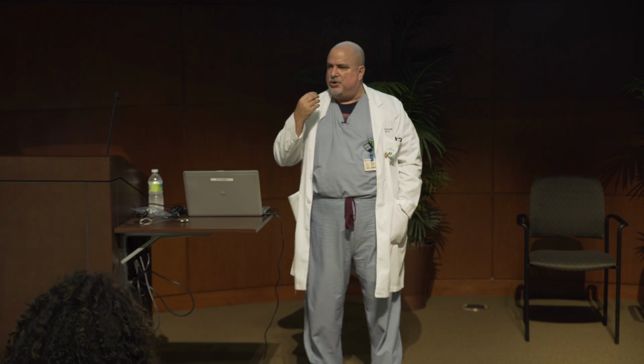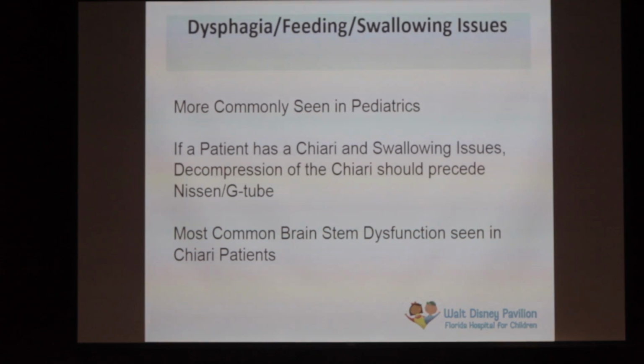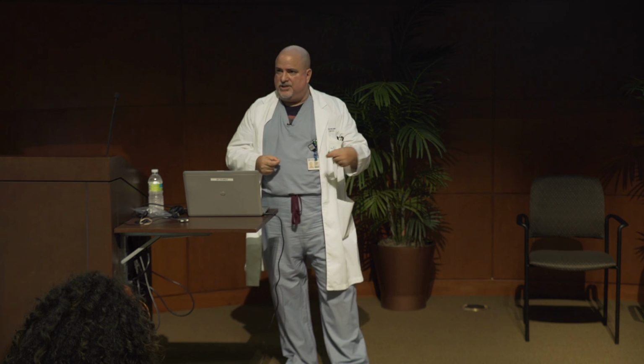The other thing that we'll see, a lot of patients have dysphagia, difficulty swallowing. Again, the cranial nerves which are being affected are the lower cranial nerves, your tongue, oromotor function, and breathing. Those all come down lower. I've had a number of patients, kids, who come in who have such feeding problems that they've had a G-tube